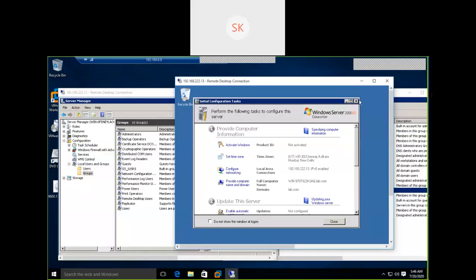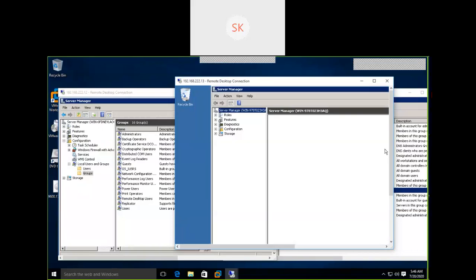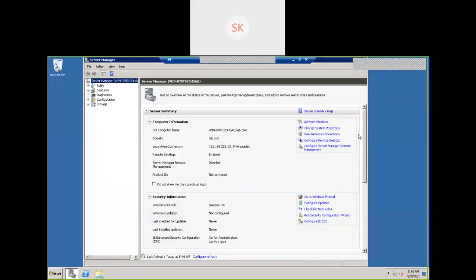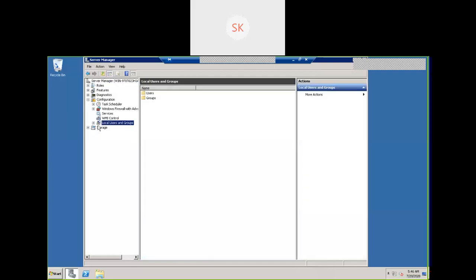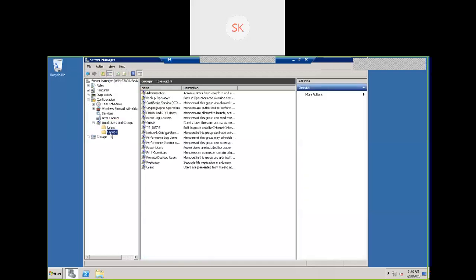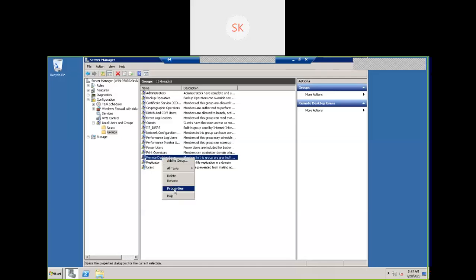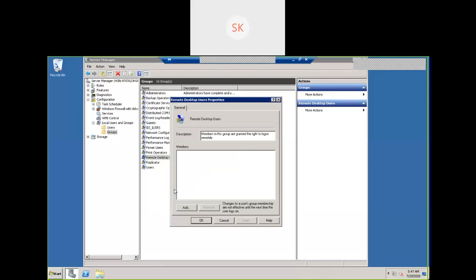Close this. Open server manager, go to configuration, users, groups. Select any group. These are the local groups. Any local group, am I adding user one, user two, or user three? I can add individual users to these local groups, or else I can add a domain group to this particular group. So properties, add.